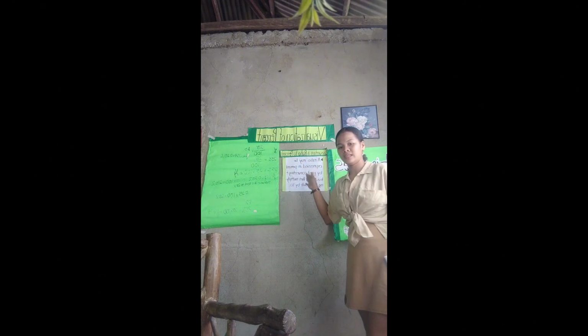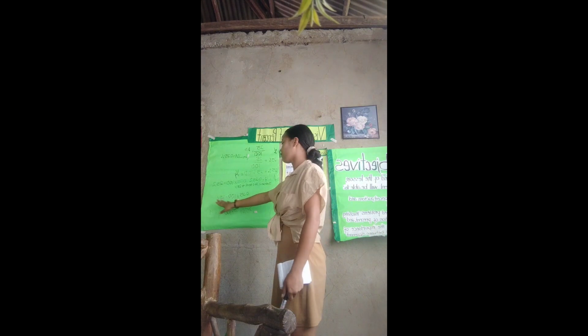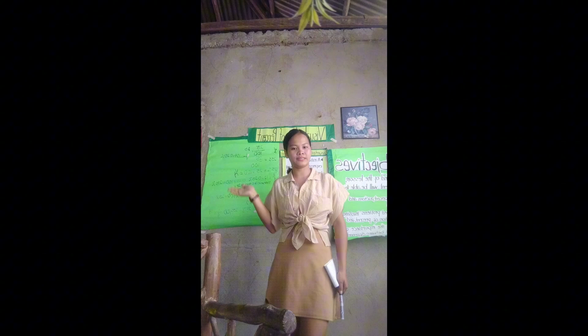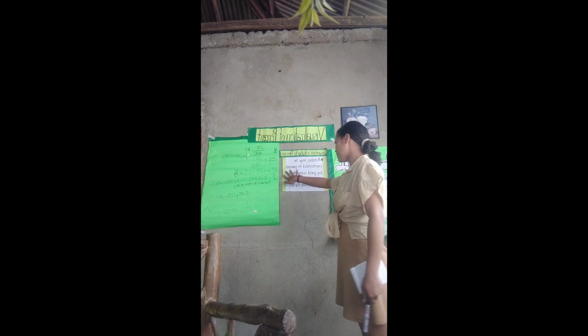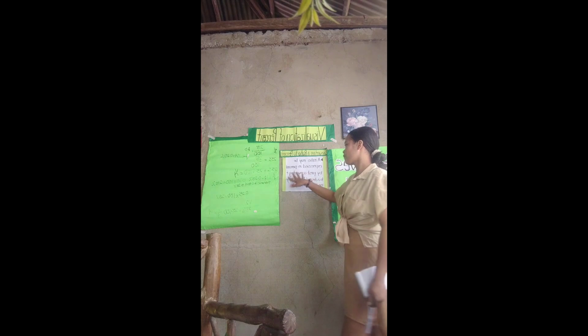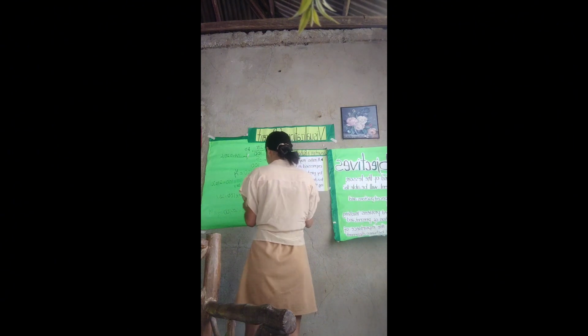The last one is converting a ratio into percent. So let's convert the ratio into percent. A ratio may be expressed as a percent by converting it to a decimal. Then we multiply the result by 100. Just like for example,